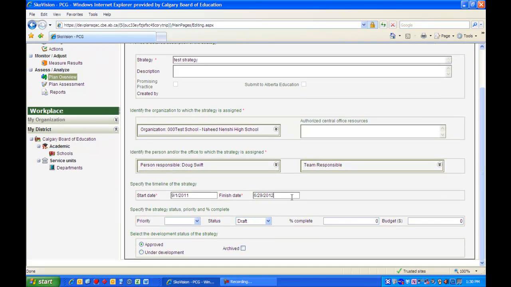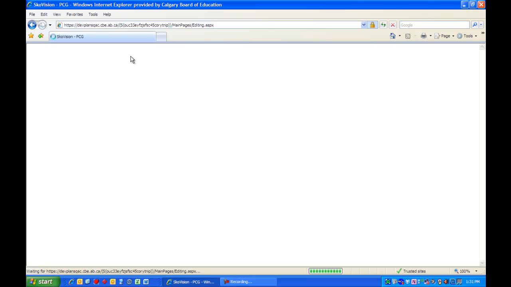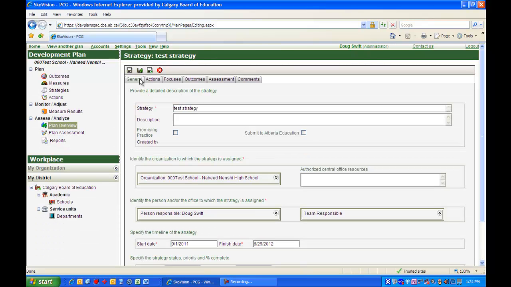Everything else here can be left for the moment. There's no other asterisks or stars that need to be put in. And at this point I will just click Save. The reason for that is that we need to make sure we link this strategy to the appropriate outcome. So the screen will disappear, it will come back, and now these tabs along the top are now accessible, and they weren't before. The last thing to create a new strategy is going to be to go to the Outcomes